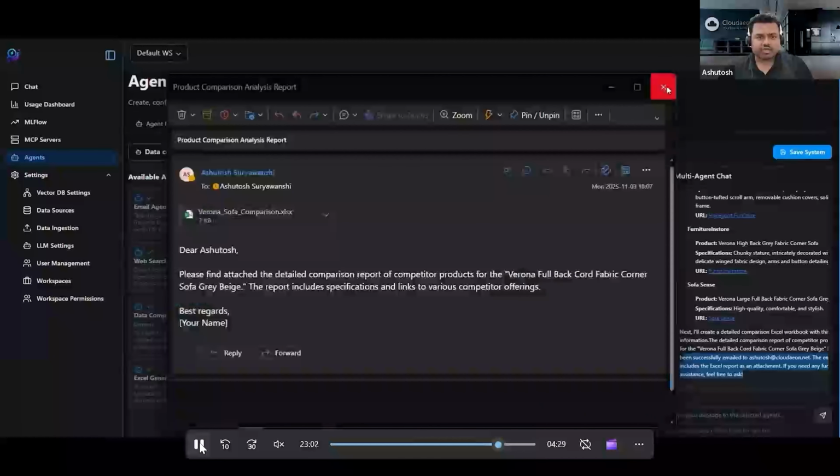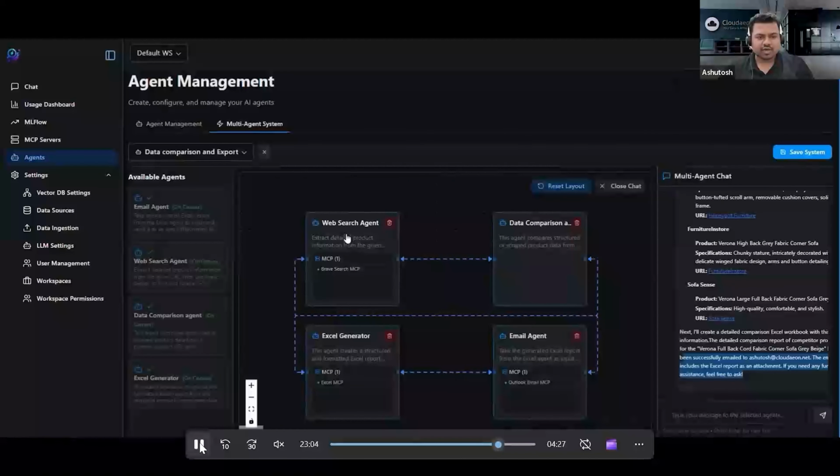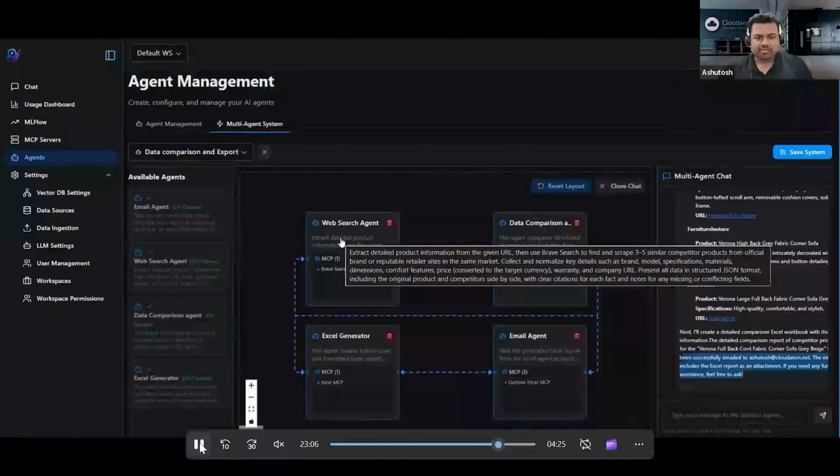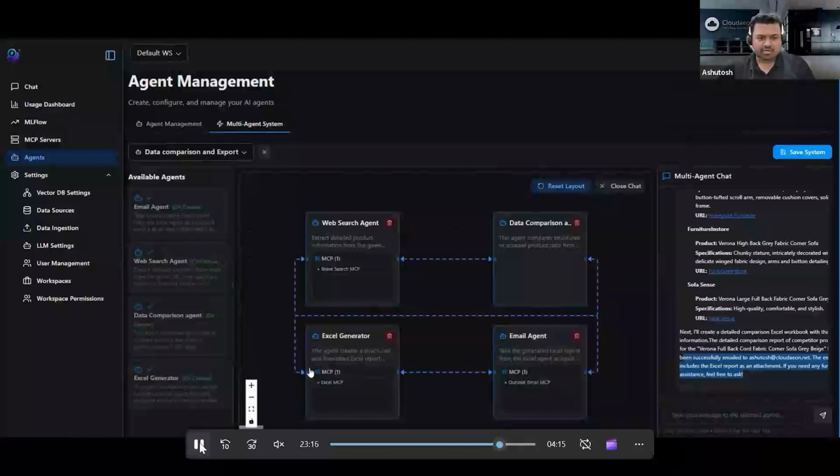So we can go to those URLs and see what products we have got as a competitor analysis. So we can improve the performance of the agent by changing the prompt or the description that we have given to this agent,